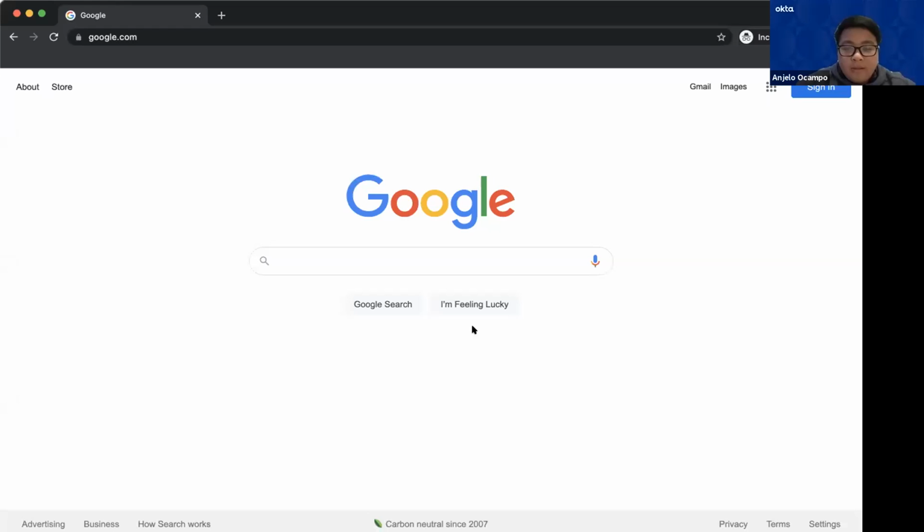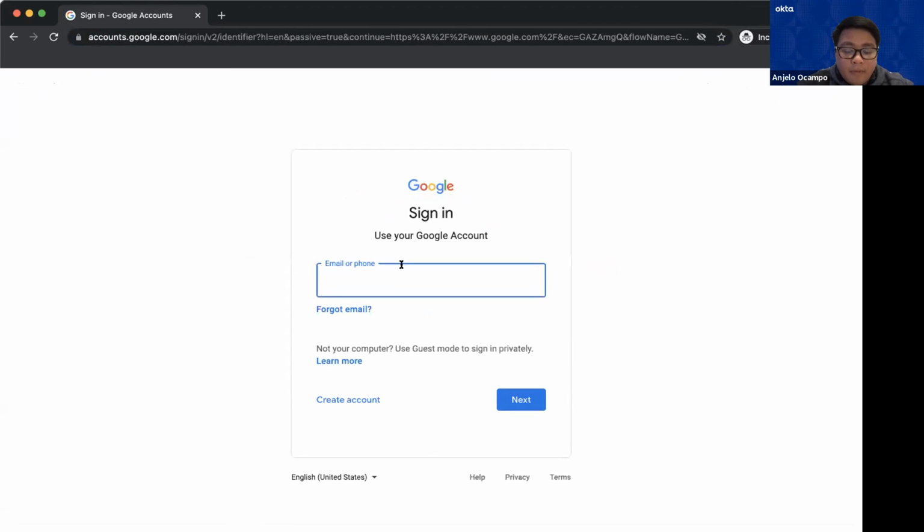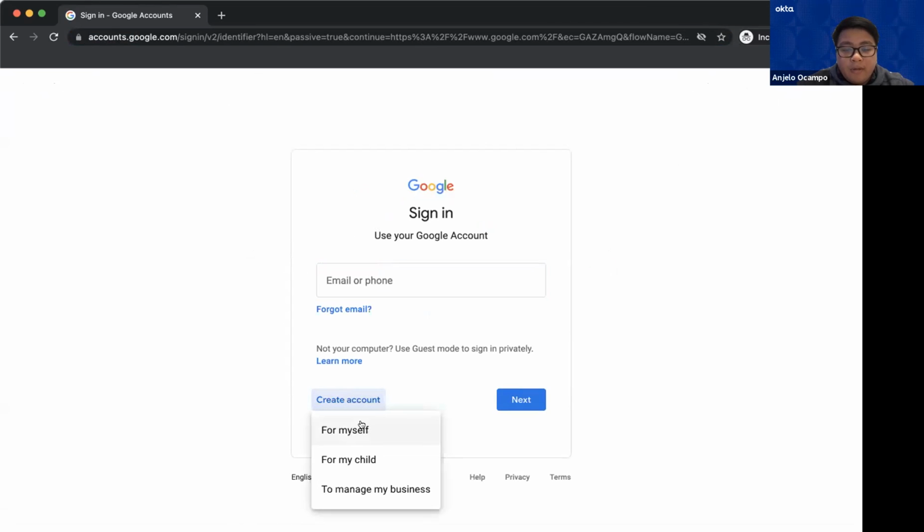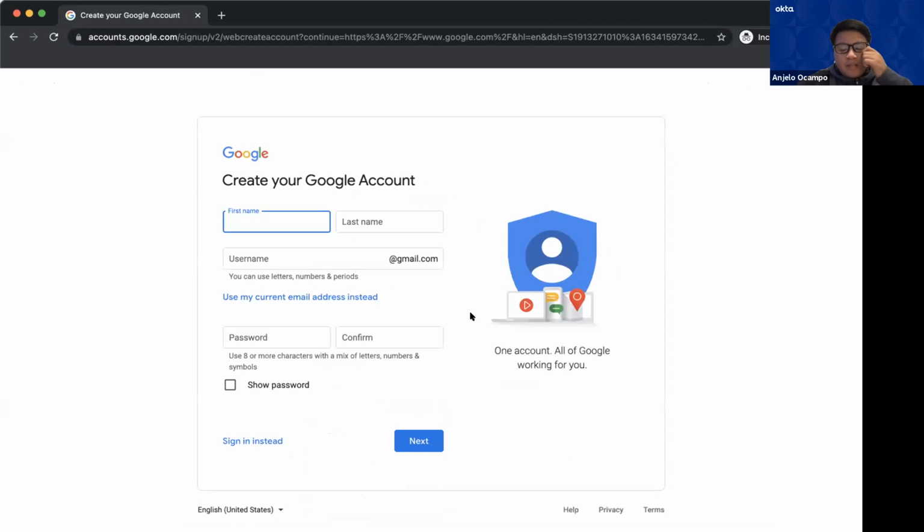All right. So first, I'll show you how to create your Google account. When you go to google.com, you put it in the address bar, let it load, and click on sign in on the top right. From here, you go to create account and then create for myself. From here, you would put in your actual information that you want to be identified as, your username, which would generally be the email that you would be sending to and receiving from, as well as your secure password, and then type it again just to make sure you don't put in a wrong password or misspell it.